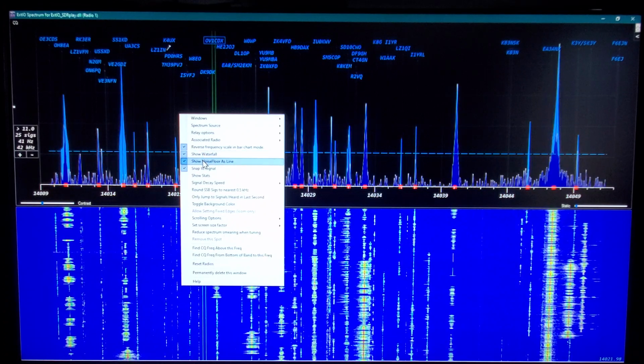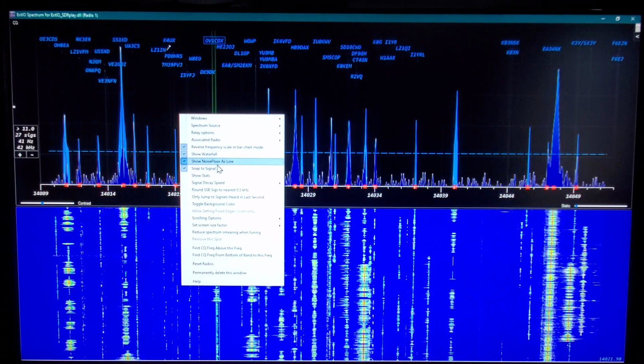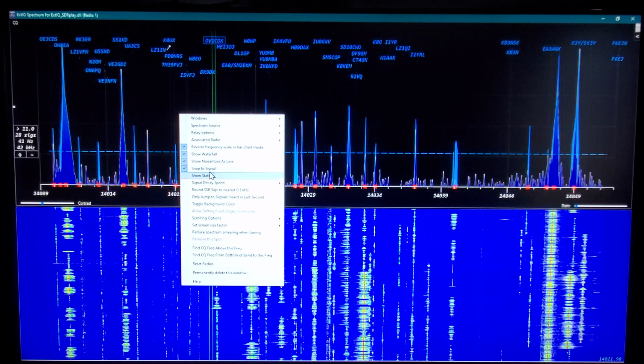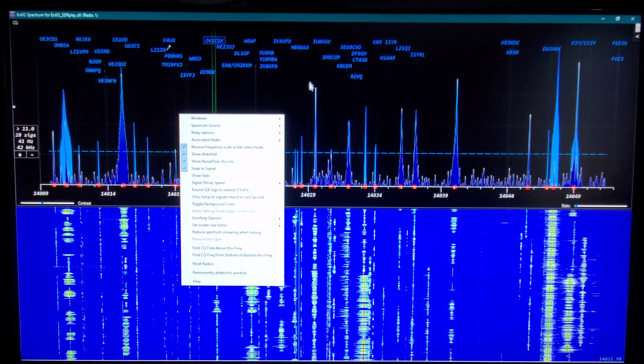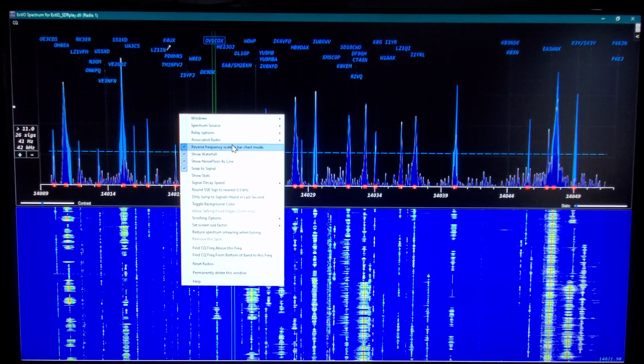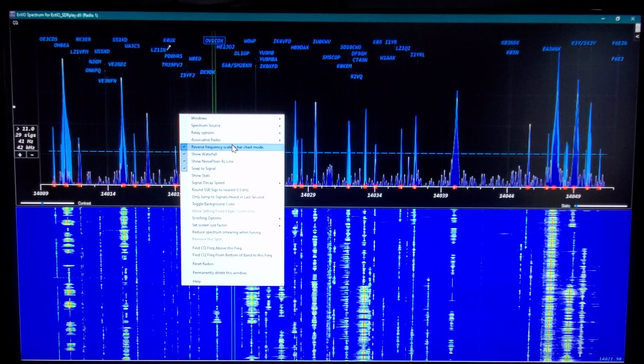Show waterfall, most people want to leave that on. Show noise floor as line. We're doing that. And we're snapping the signal. That means if you're close to a signal and you click, it will snap the frequency to that signal rather